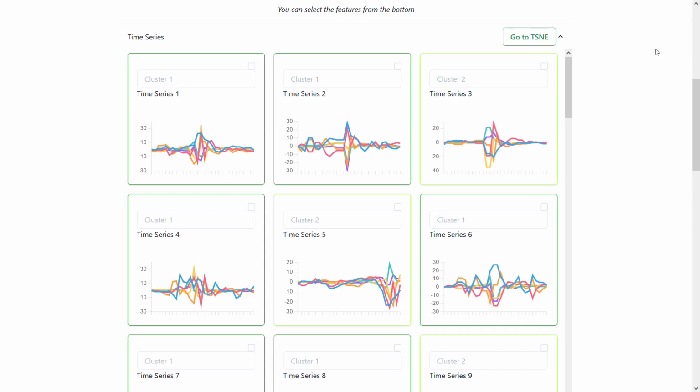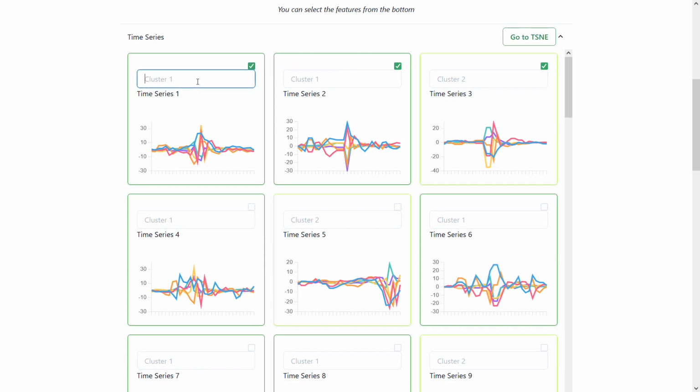Once the clusters have been computed for each of the time series, we can improve the quality of the clustering algorithm by labeling some of the time series. For example, we can see here that time series 3, time series 2 and time series 1 are pretty equal, so probably they should belong to the same cluster. So what we can do is select the time series whose cluster name we want to change,